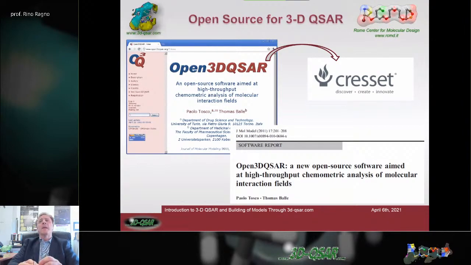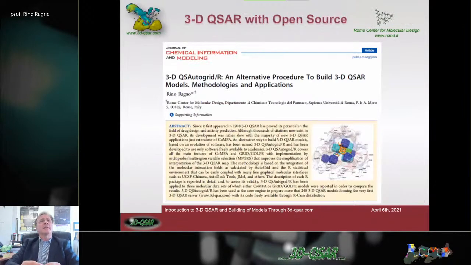Thomas Balle. They made Open3DQSAR, new open-source software that is now no longer developed, as Paolo Tosco is an employee of Cresset, and Cresset is selling a derivative of Open3DQSAR. A very nice application, I would say, but it is sold software. Meanwhile, at the Rome Center for Molecular Design, we developed 3D QSAR with open